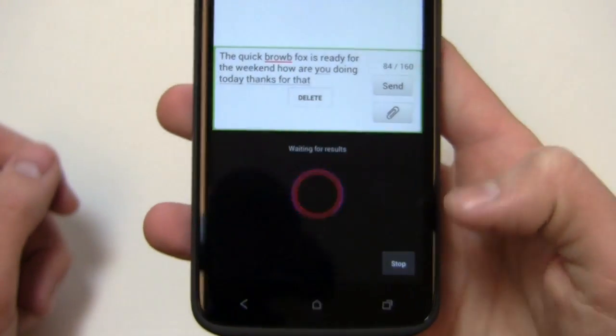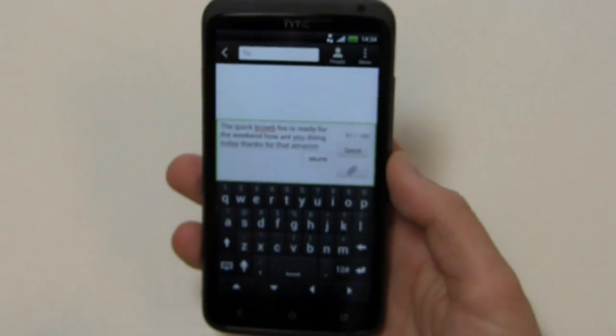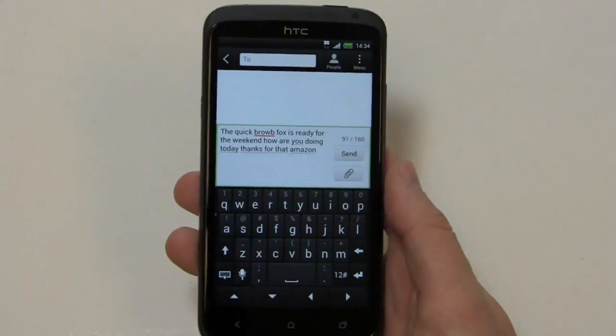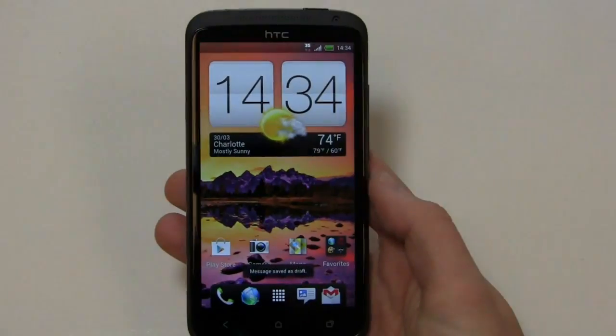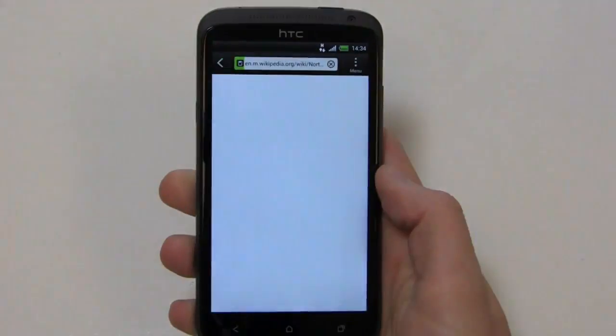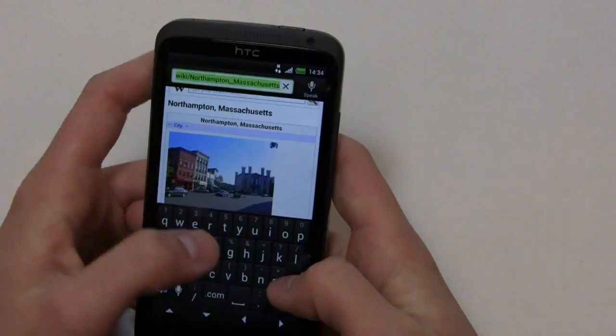And much like Ice Cream Sandwich, you can easily switch around, and apparently Amazon. Thanks for that, Amazon. I picked up my last few words, but you can do that like you can in stock Ice Cream Sandwich. So that's a nice little touch as well. Let's take a look at the browser, and we'll get into the camera in part 2 because they've really done a decent job with the camera. There are a lot of cool features in the camera that I've been really impressed with. So let's go over here to